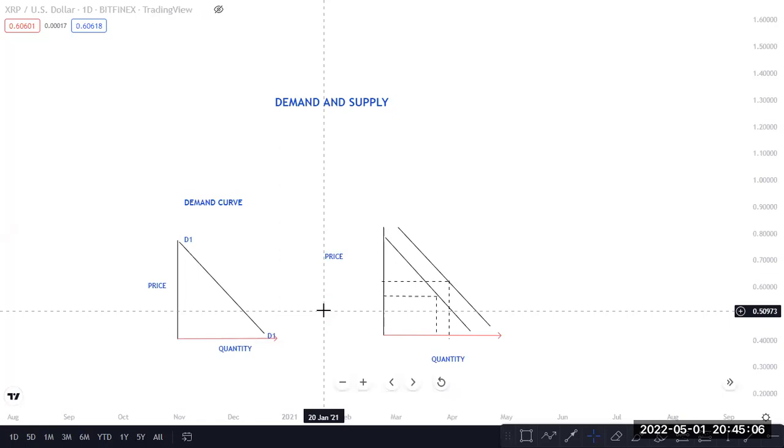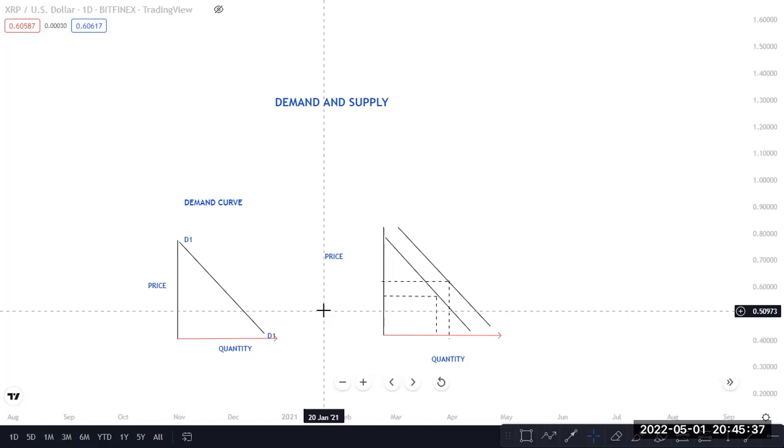All right. So as a buyer, you know that you don't want to buy something that is expensive, not unless you are rich and you want to buy things for luxury. But for consuming purposes or for need purposes, you won't just buy something that is expensive. You want to buy goods and services when things are cheap. So that is the law of demand. The higher the price, the lower the demand. The lower the price, the higher the demand.